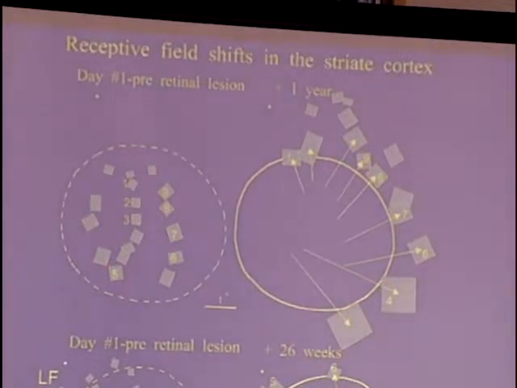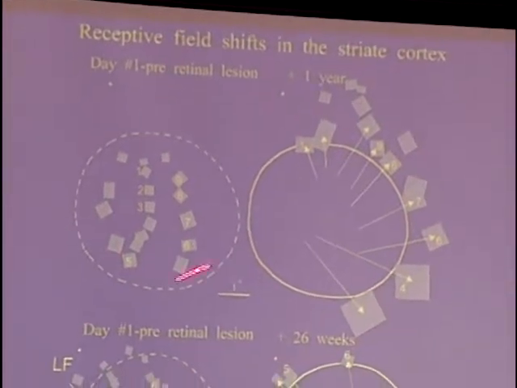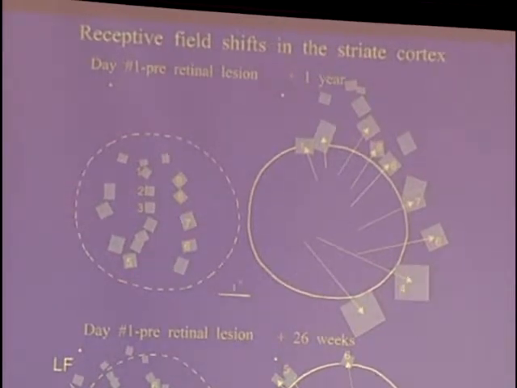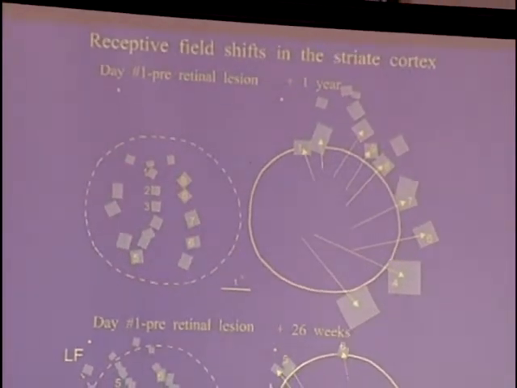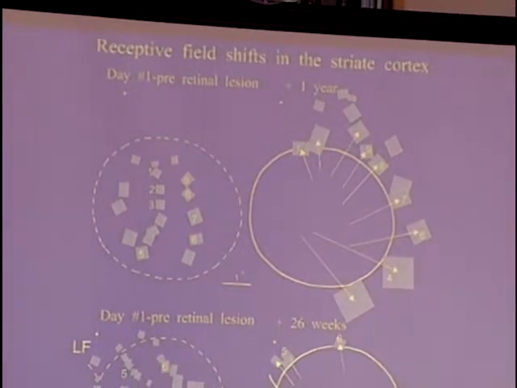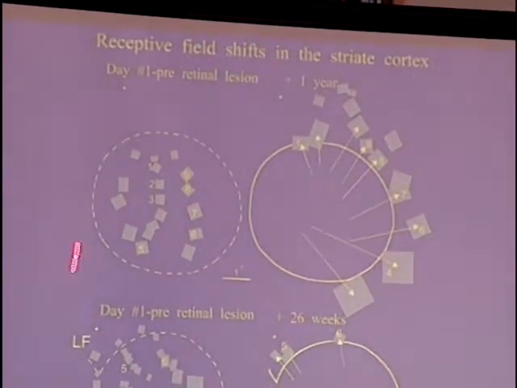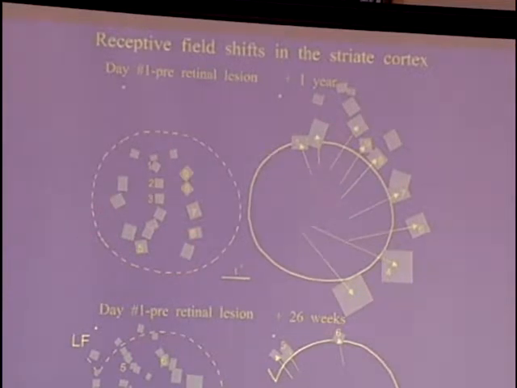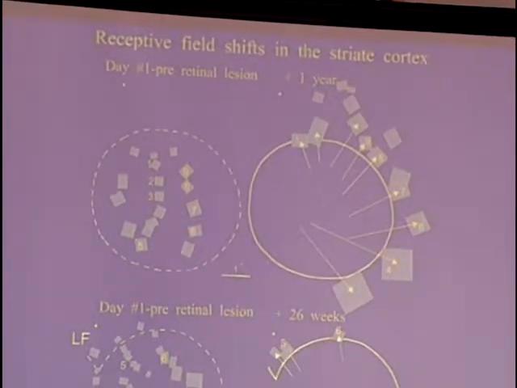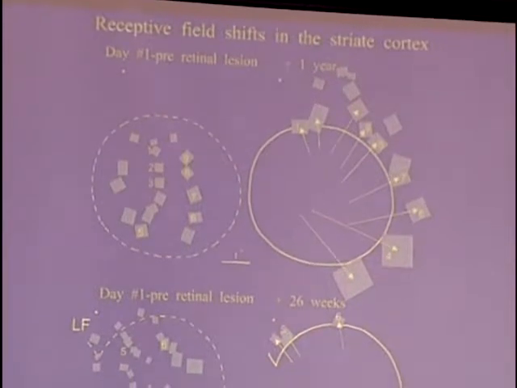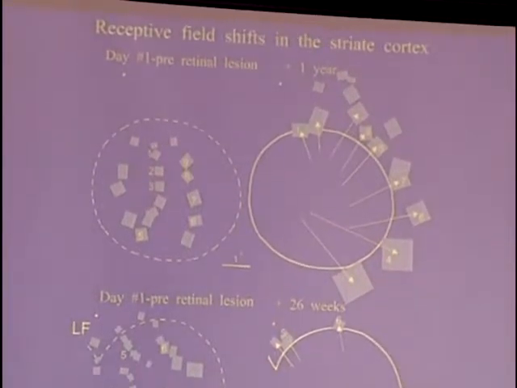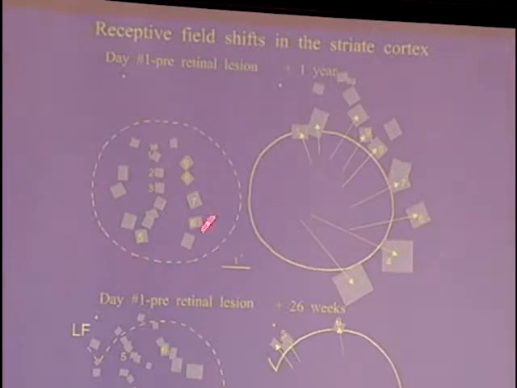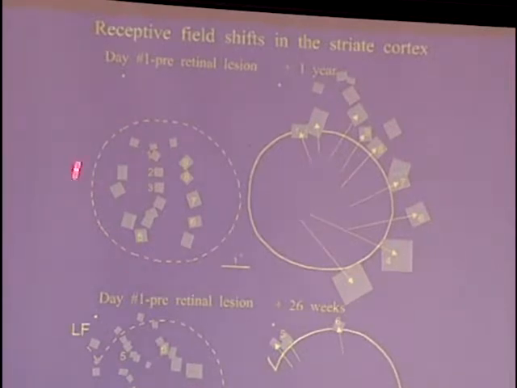Then we made a lesion, and we made a marking for each site. We had made a recording, so we knew exactly the point. And after the lesion, we stimulated in the same area to see if we could activate the cells, and there was no response, which is what you would expect since we had killed the receptors, the part of the retina that fed into these particular regions. Then we stimulated cells around to see whether we could in fact drive the cell from outside this region